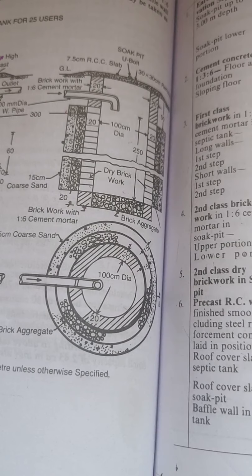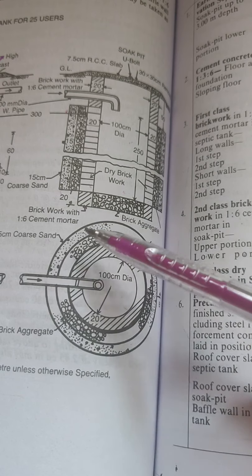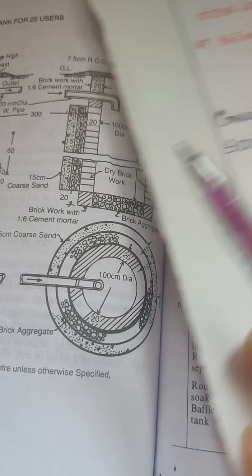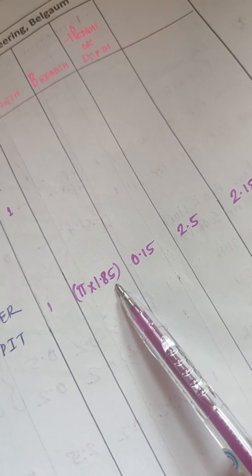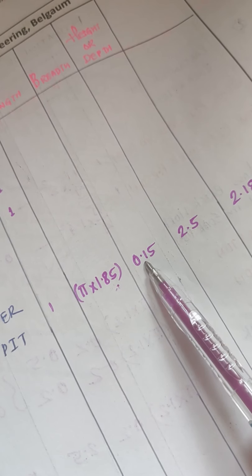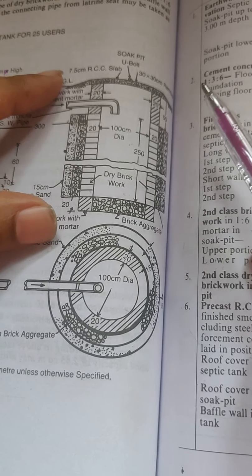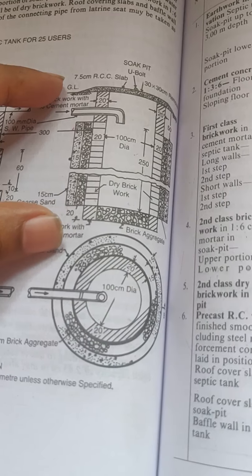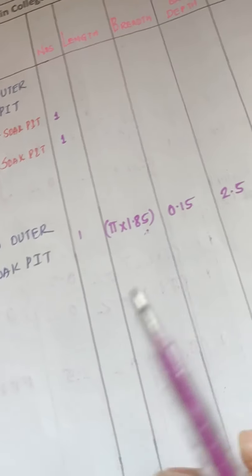Now again it is provided in the circumference. So it is not occupying the complete volume. It is only occupying this part of the volume. So circumferential length is what? Pi into 1.85. Pi into 1.85 is the center to center length. Into thickness, if I multiply, it is 0.15. And what is the height? It is same as the brick aggregate. See here, this is the same height as brick aggregate. This is the total height. So that height is what? 250 centimeters. So I have taken here 2.5 meters. So total quantity will come as 2.18.